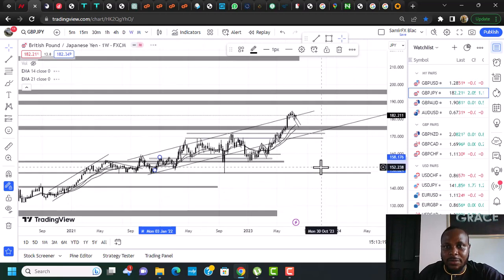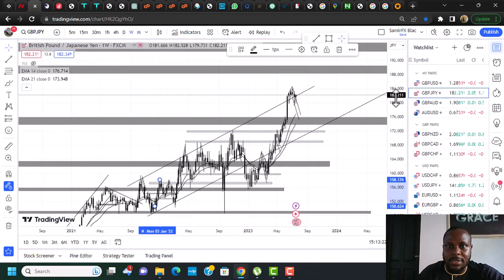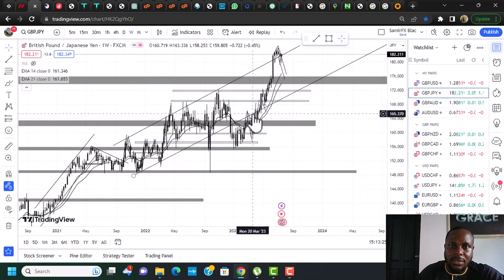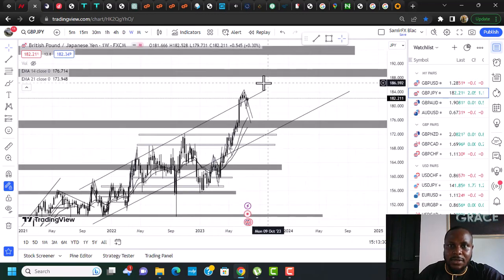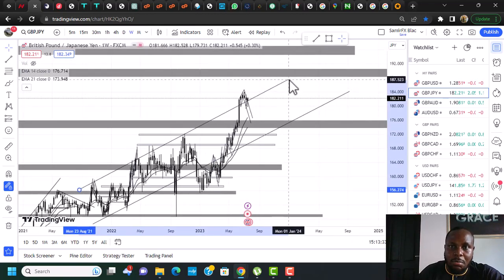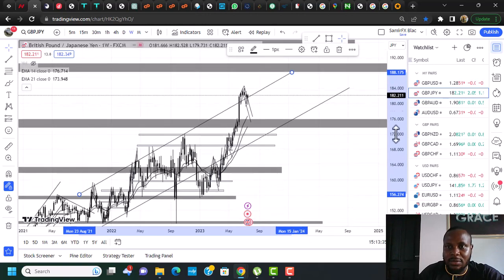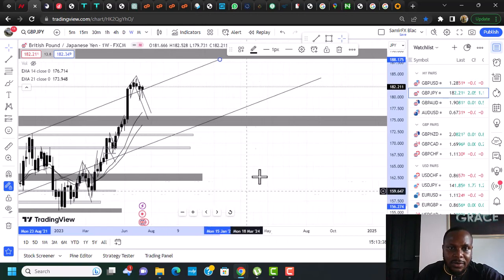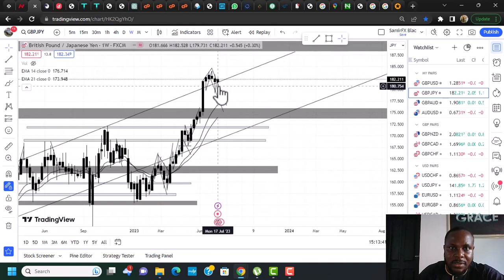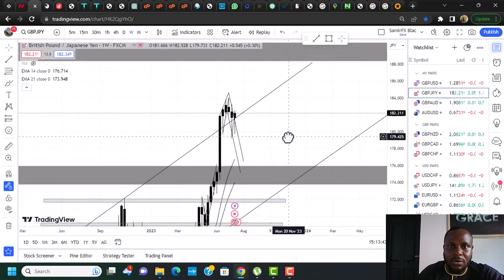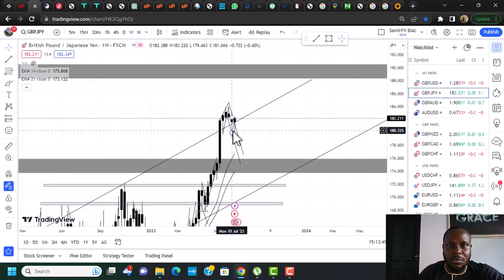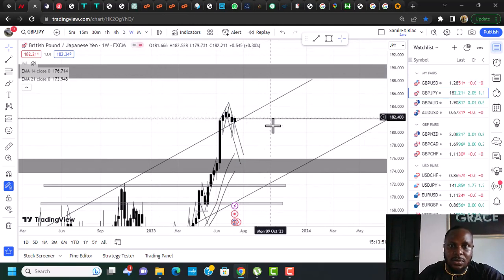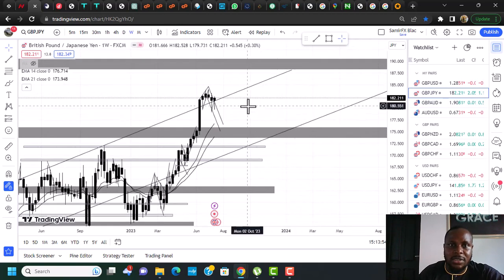If I drop down to the weekly for GBP JPY, I can see that the market is at the top of the trend line. But I am seeing that there is a lot of buying pressure here, hence this weak rejection. This is a very odd market formation, which for trading, I think is advisable we don't get into, because it doesn't conform with the price action criteria that we look for before entering a